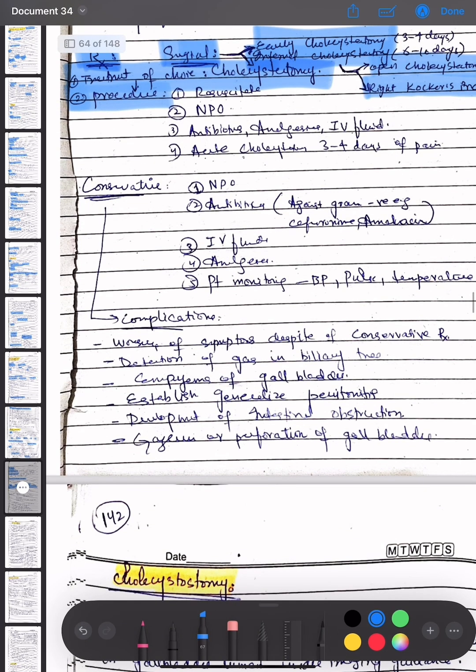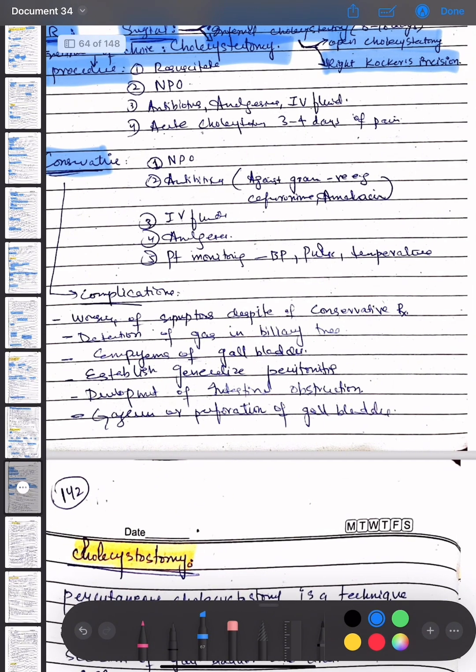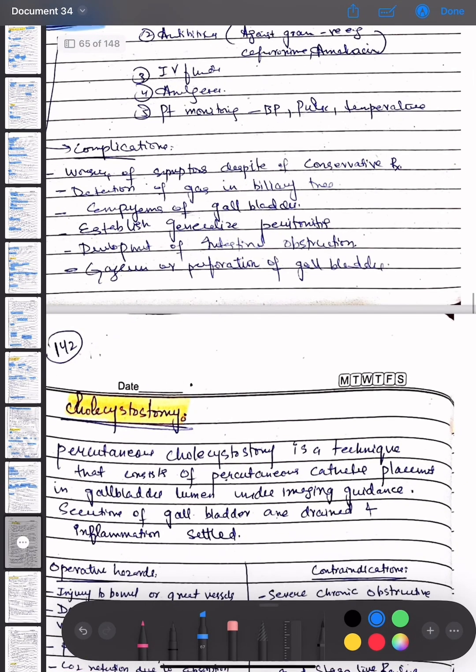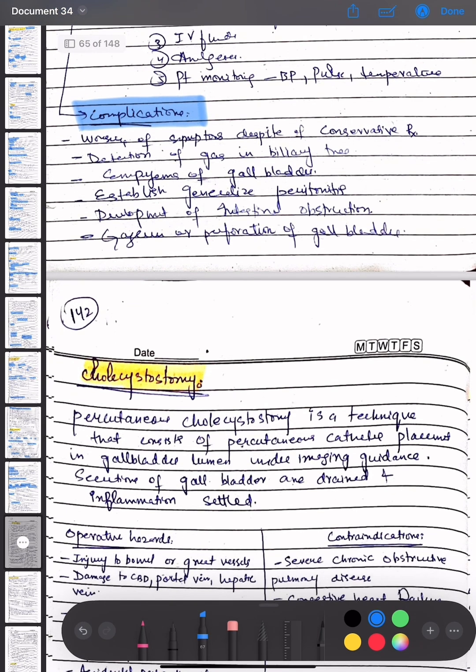Then acute cholecystitis of 3 to 4 days of pain. Conservative treatment is NPO, then antibiotics, intravenous fluids, and analgesics are given, and patient monitoring is done. BP, pulse, and temperature are monitored, and the complications are worsening of symptoms despite conservative treatment, reduction of the gas in the biliary tree, empyema of the gallbladder, established generalized peritonitis, development of intestinal obstruction, gangrene, or perforation of